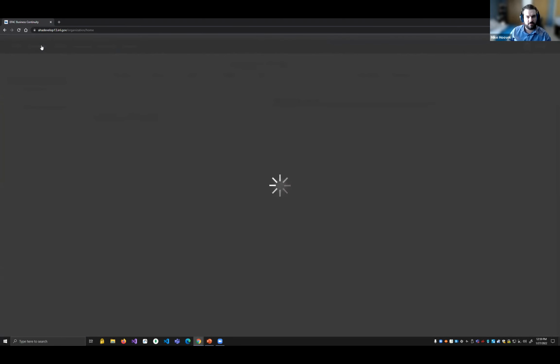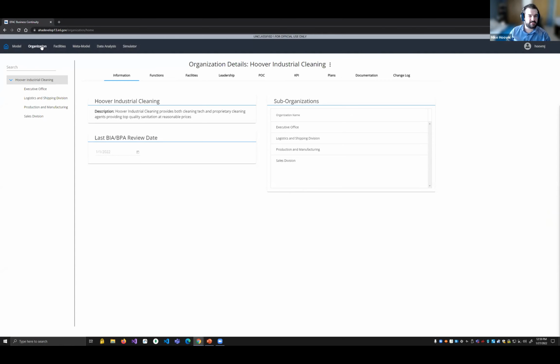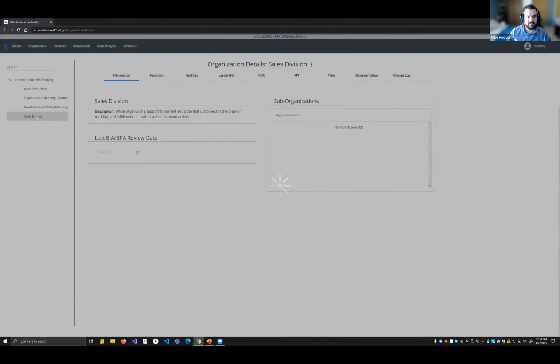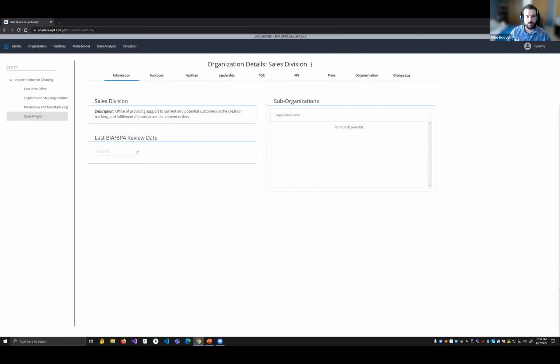where I have a very brief, very simple decomposition of my business. But the division that I want to focus on would be our sales division. And so we want to walk through the critical pieces of infrastructure that are needed for the sales division to do its job. So we can understand the basic